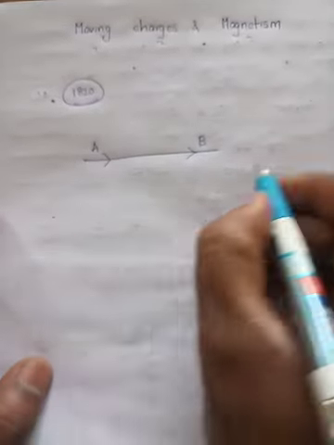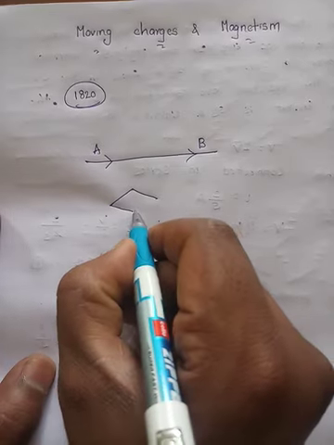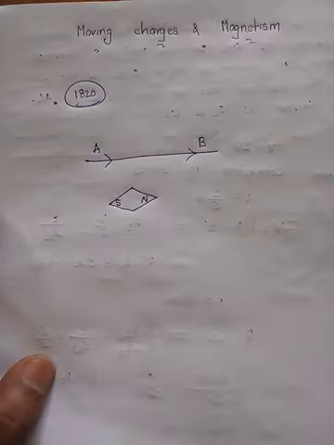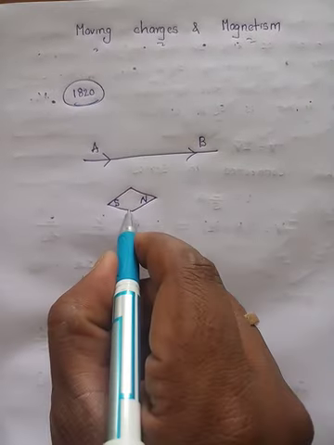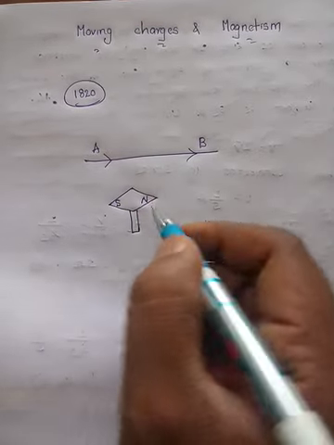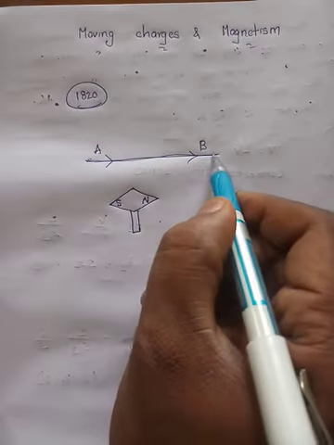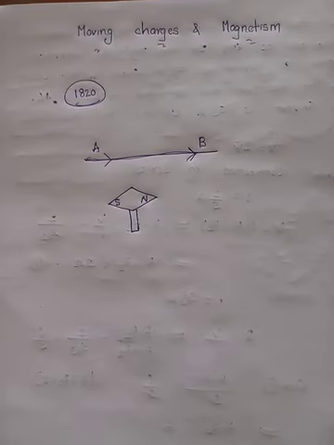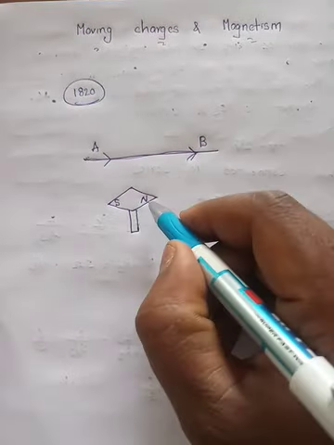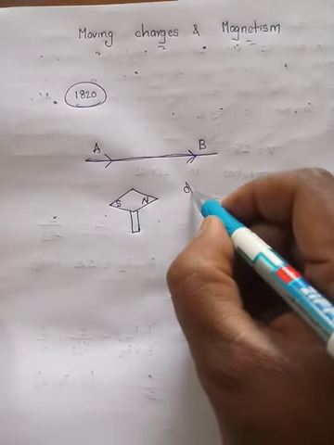Now there is a magnetic needle. You know a magnetic needle, right? It has two poles, north pole and south pole. He placed a magnetic needle here. When you switch on the circuit, the current starts to flow from A to B. When the current starts to flow from A to B, he observed that the magnetic pole deflected towards